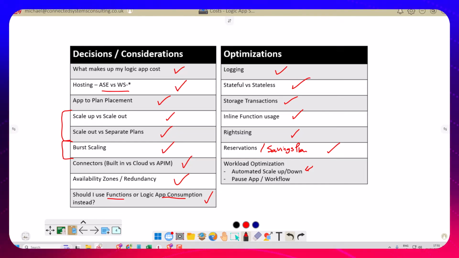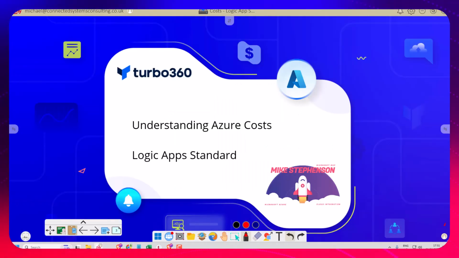So I think we've covered quite a bit of stuff there. This was this session from Nordic Integration Summit. Obviously I didn't get a chance to deep dive to this level, but I hope people find that interesting. I hope it gives you a bit of food for thought. I'm sure people have got experiences and things I may not have thought about that they'd like to add to this. So please put stuff in the comments and we can discuss things,